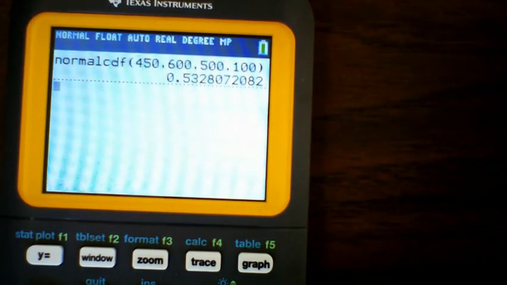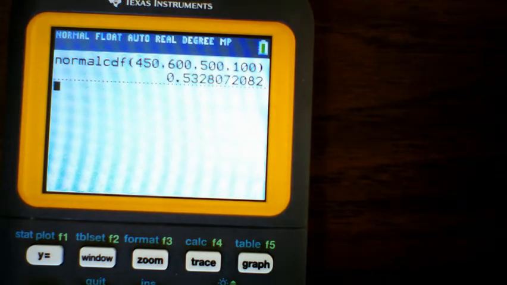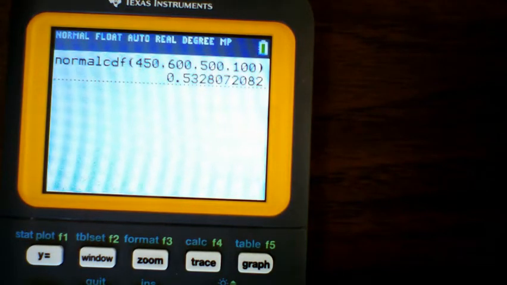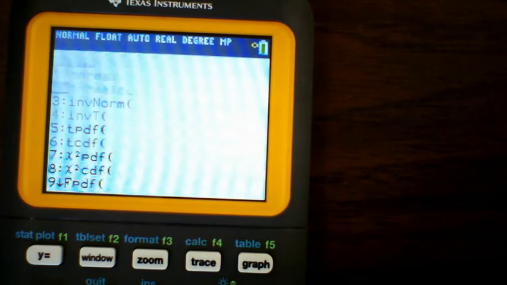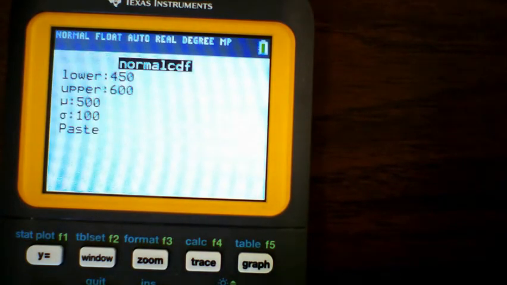So the probability of getting an SAT score between 450 and 600 is approximately 0.5328. Okay, let me just show you how the same answer would be achieved with my z-scores of negative 0.5,